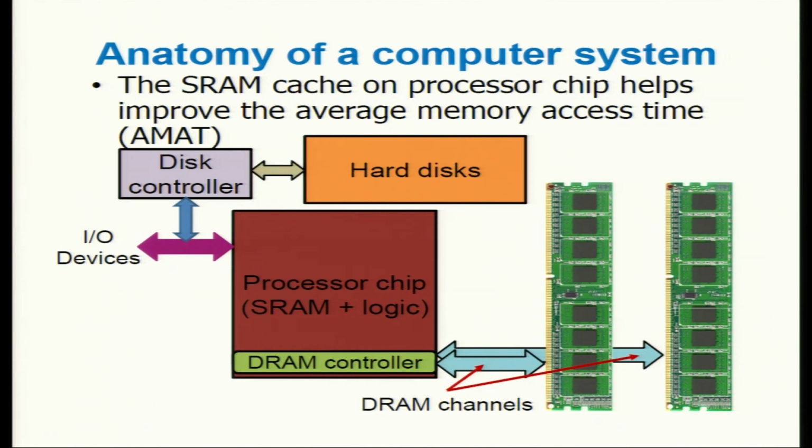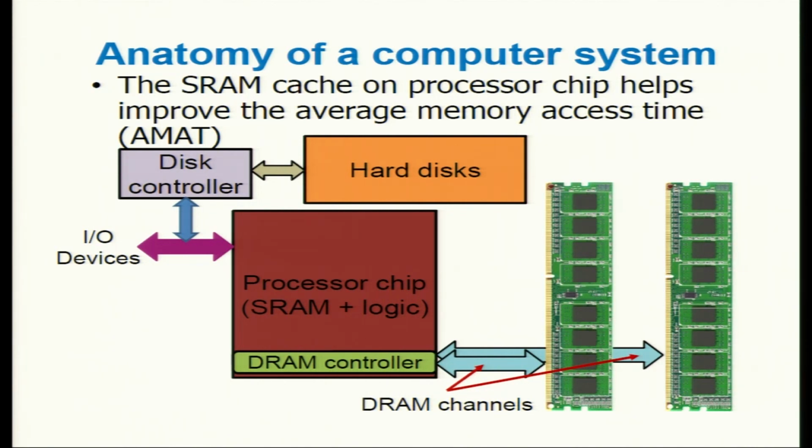And this chip typically interfaces with a few things. First of all, your memory cards. They look like this. I'm sure some of you must have seen this if you open up the computer. So these are your memory chips that sit in the card. And they talk to the processor through a DRAM controller. So it's again a small piece of the processor, embedded inside the processor, which can talk to the memory cards. And these buses that connect the DRAM controller to the cards are called the DRAM channels.